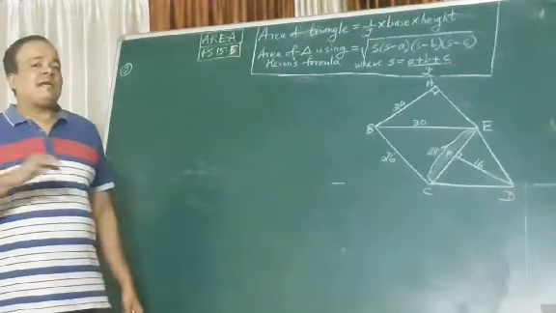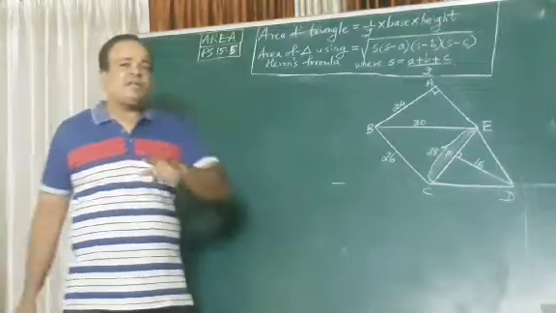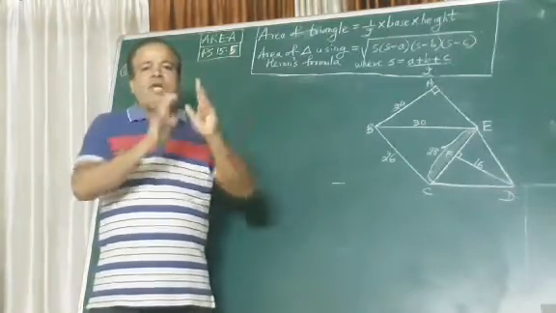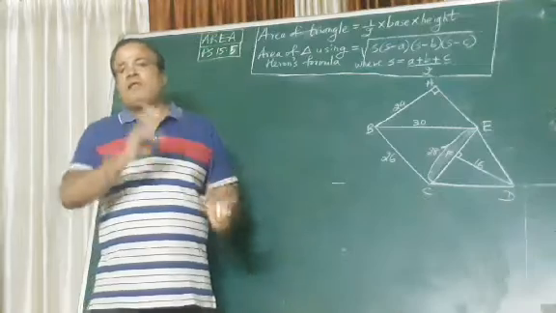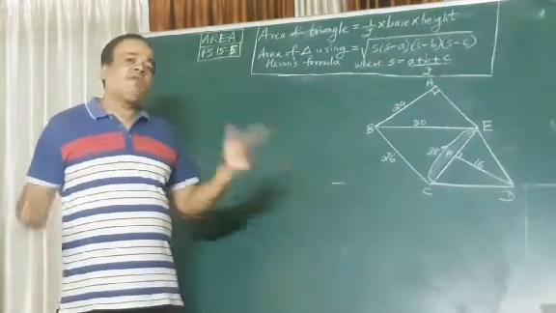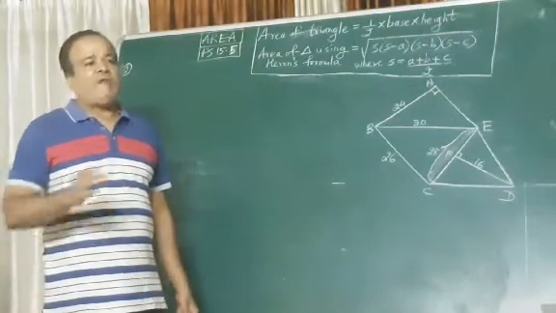There were two, in the second and the third sum of the 15.4 exercise practice set. Remember the quadrilateral was made of two triangles and we found the area of each triangle and we added the area of two triangles. Yes or no? Now here in the third sum also there were two triangles. Again we added the area of both the triangles. We found the area of both the triangles and we added them.